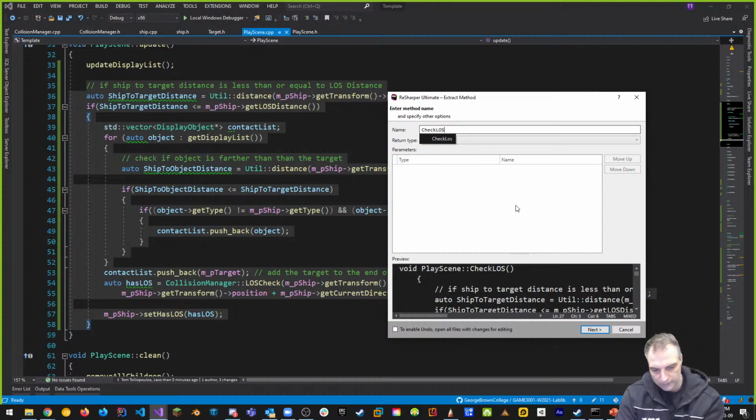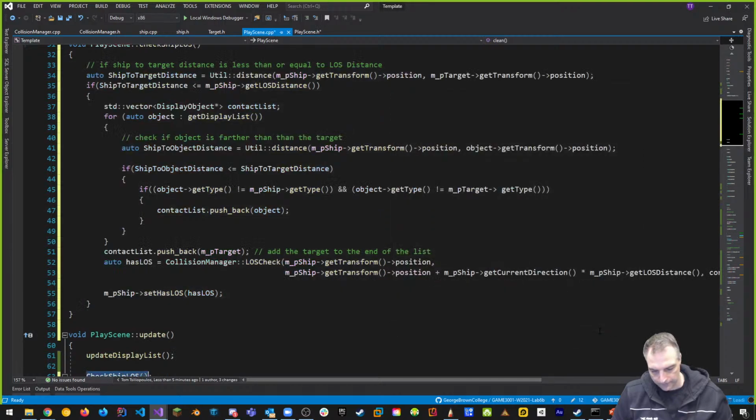Oh, the brackets. Nah, maybe it is. Check line of sight, or we'll say check ship line of sight. Yeah, I put the brackets in there by accident. Okay, good. There we go. I definitely want to make it void, and I'm going to click next, and then it should generate that